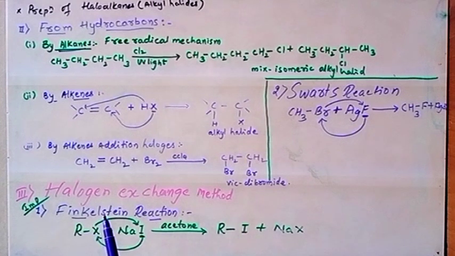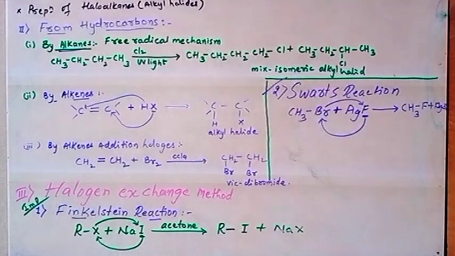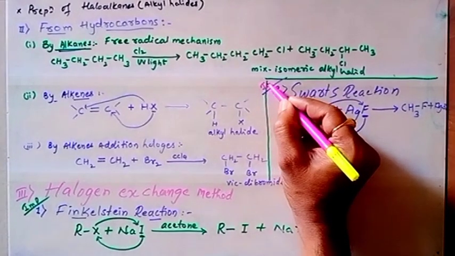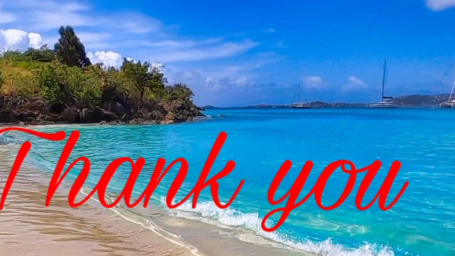So these are the preparations of haloalkanes from hydrocarbons and by the halogen exchange method. Both are important from the exam point of view: the Swarts reaction as well as the Finkelstein reaction. Here X is equal to Cl or maybe a